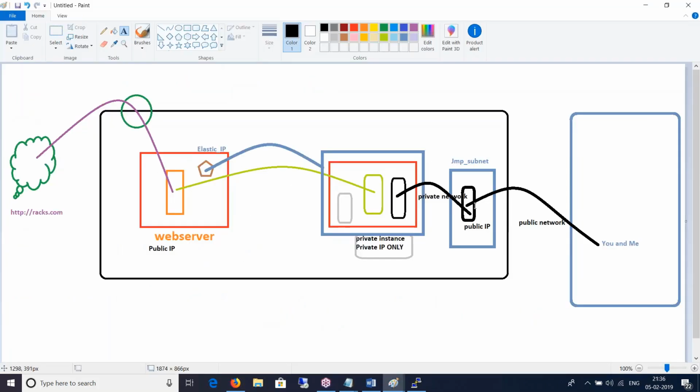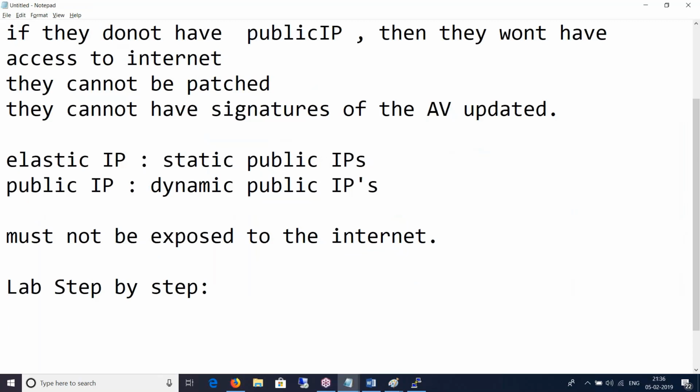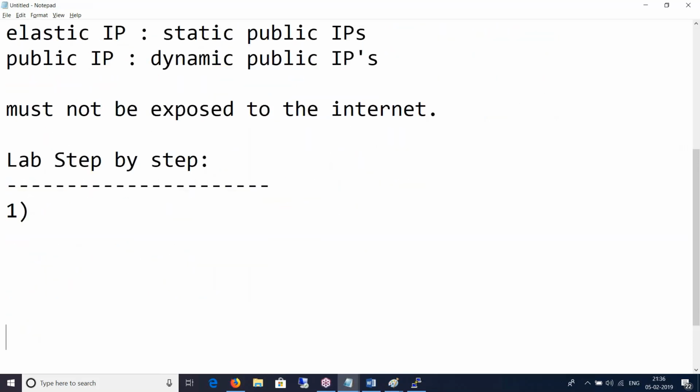Jump server. Yeah, so by creating a jump server, you're allowing an internal communication, provided you have ports open on the security groups, right? Yeah, a web server will mean the same. So what ports are open depends on that. You can make the same server a jump server as well by opening the ports. Yeah. So a few things.